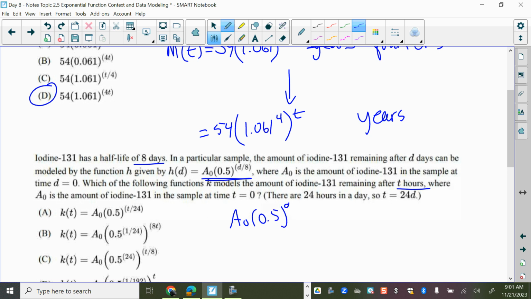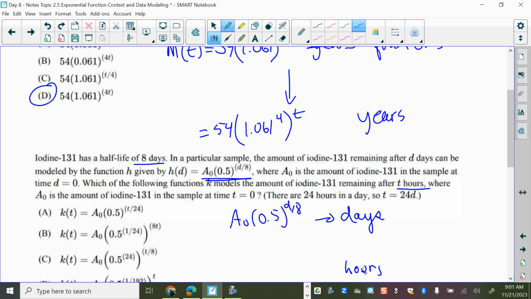0.5 d over 8. This is for days. All right, so this rate, this 0.5 is for days right now. And I want to change it to hours. So do I want to reduce that rate, that 0.5, or do I want to make it bigger? Right now it's in days. So if I'm going to have an equation for hours,